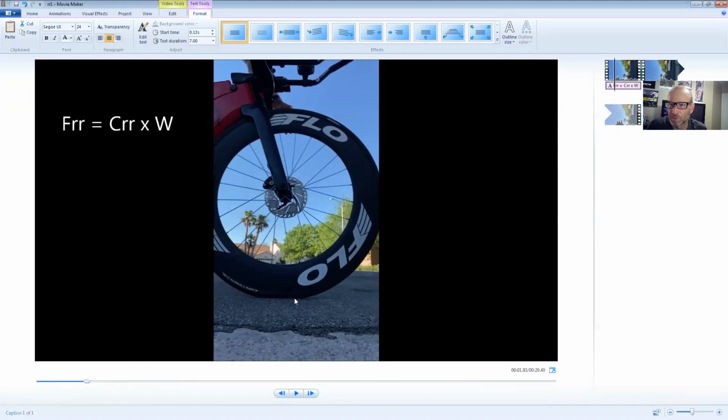There's compression here. What's happening is this tire tube interface is being compressed at the leading edge of the wheel. At the trailing edge of this footprint of this tire, the tire tube is recoiling and returning energy to the